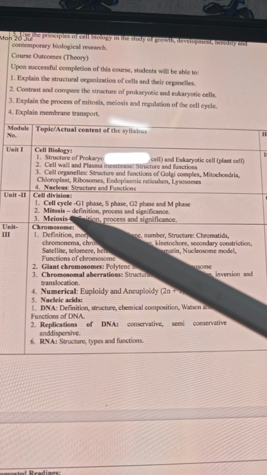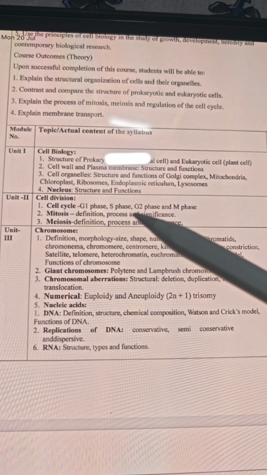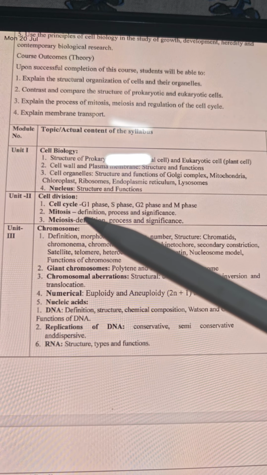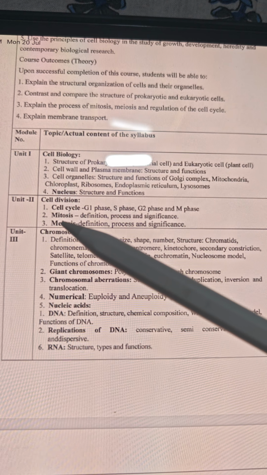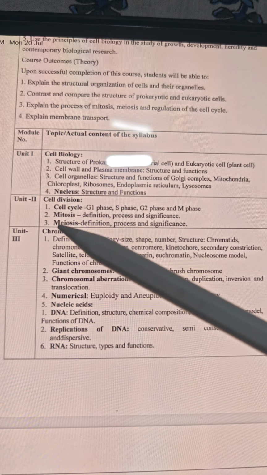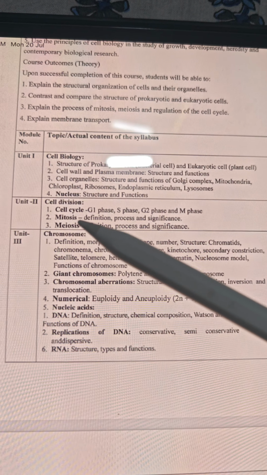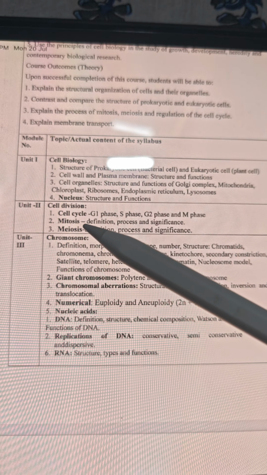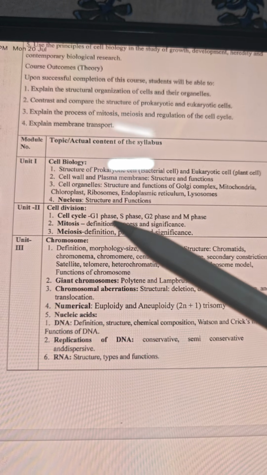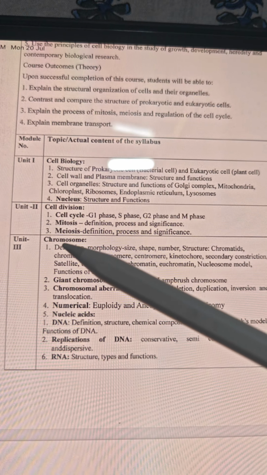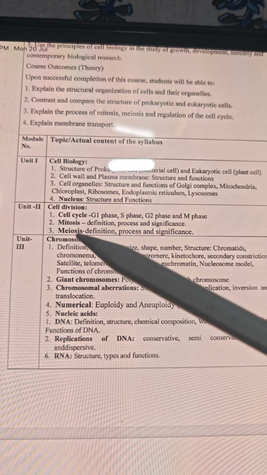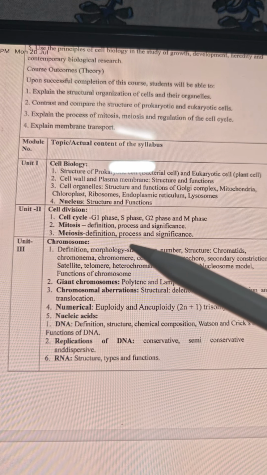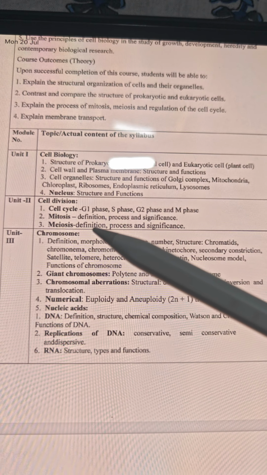Second is mitosis. You might have studied mitosis in earlier classes, like in 12th standard, but for your graduation you need to study in more detail what the different steps are in every stage of mitosis: the definition, process, and the significance. And the third is meiosis. Meiosis is again of two parts, meiosis I and II, that we will study in detail, that is definition,